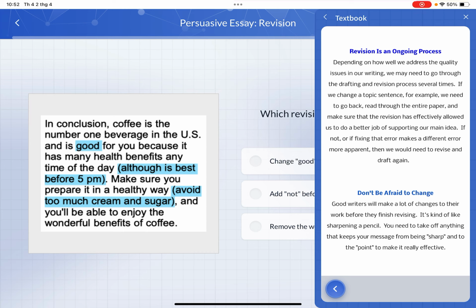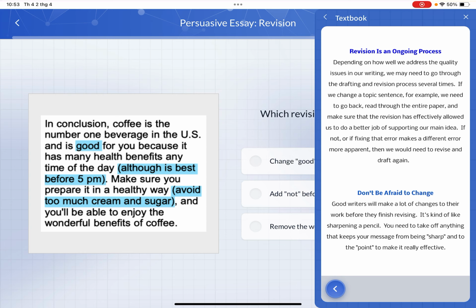Depending on how well we address the quality issues in our writing, we may need to go through the drafting and revision process several times. If we change the topic sentences, for example, then we need to go back, read through the entire paper, and make sure that the revision has effectively allowed us to do a better job of supporting our main idea. If not, or if fixing that error makes a different error more apparent, then we would need to revise and